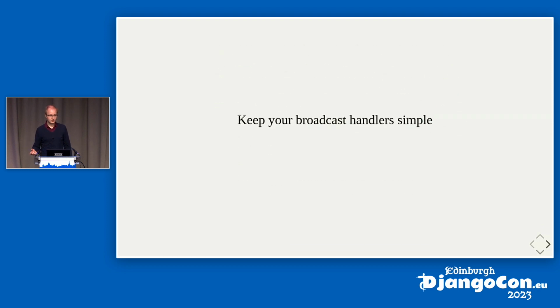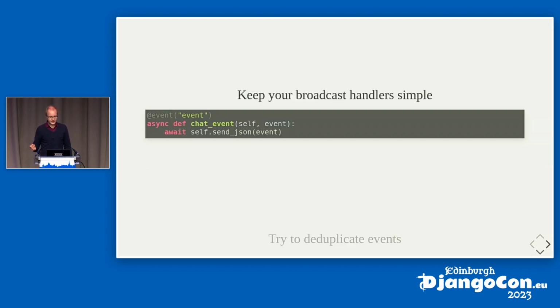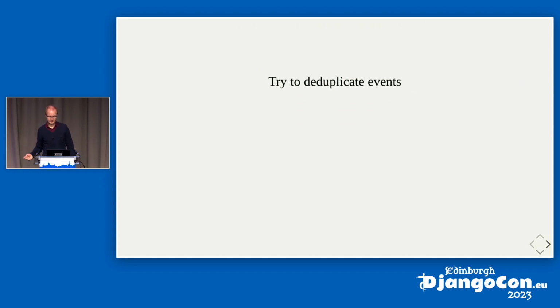The first thing that we do is really simple: we keep our broadcast handler code simple. Just like you've seen, oftentimes when we get a message from a channels group, and this is the code that is executed so many times, it often just passes on the same message to the WebSocket, or does only very simple checks with it. A more complicated thing that we do is we try to deduplicate some events. For example, when 100 people hit the applause button at the same time, there's no use in sending 100 broadcast messages "someone applauded". We would much rather send one message that says "100 people applauded".